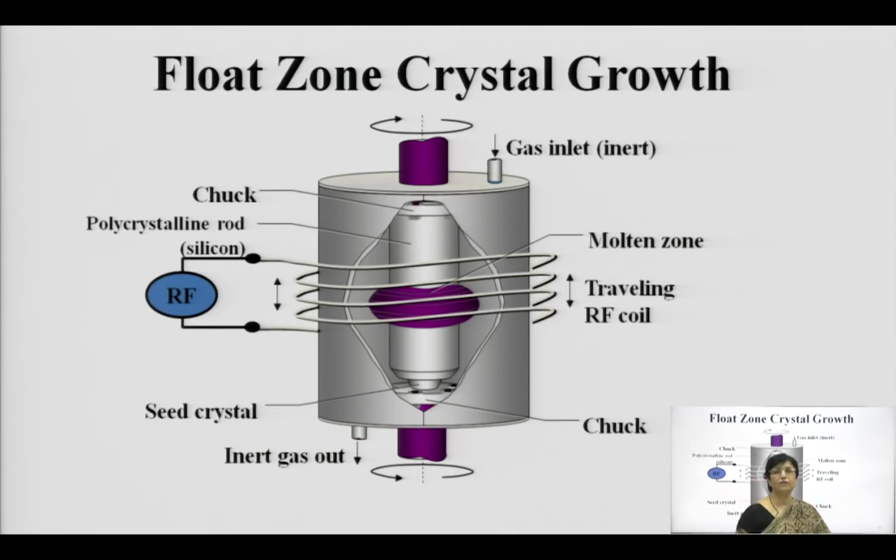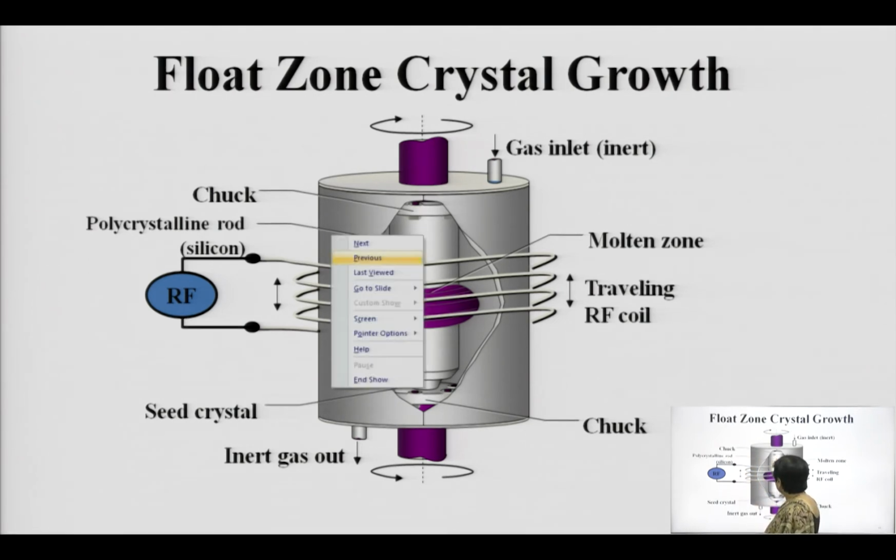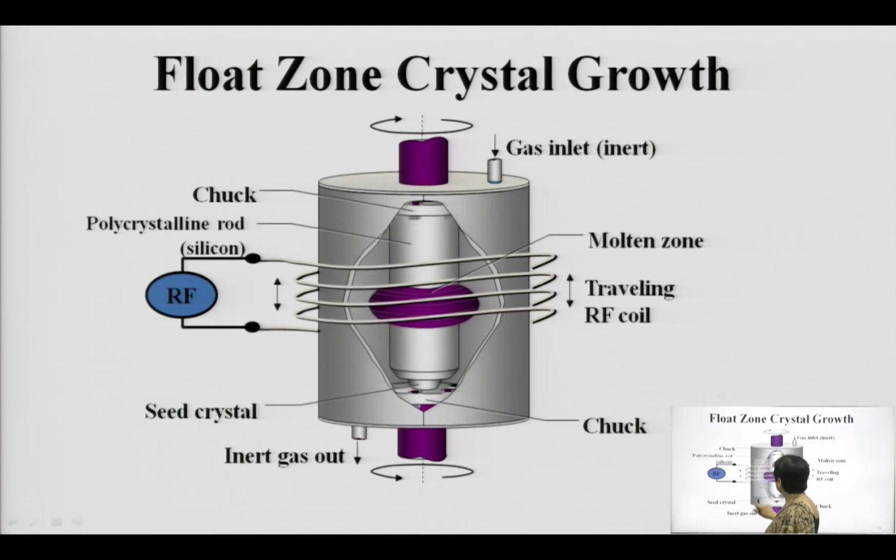Another process in this crystal growth is the localized heating process, which is known as the float zone crystal growth process. Now, instead of a crucible, in this process we have RF electrodes which are heating the polycrystalline ingot, which is locally heated. Locally you are creating a molten area, and you are touching the seed crystal to that molten area, and again the pull rate and the segregation coefficient and